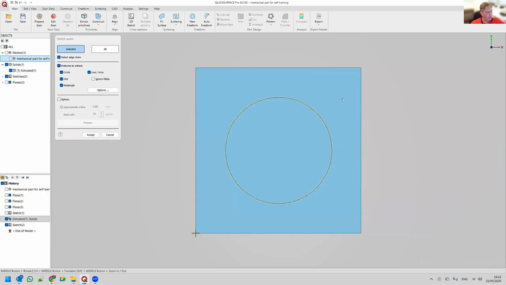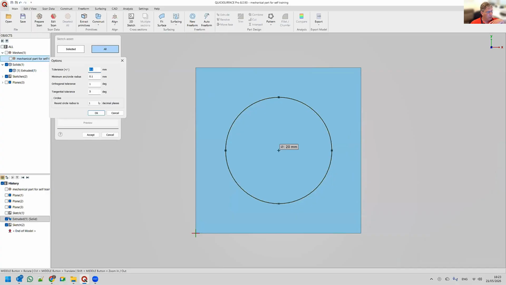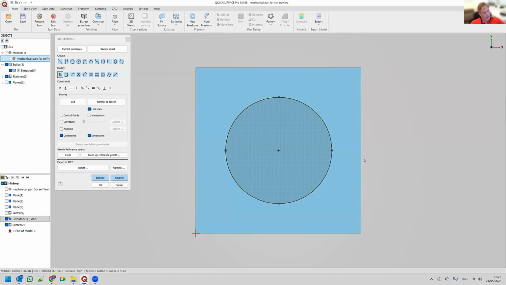We can use our sketch assistant, which can automatically detect the shapes. In this case, it just figured out that this is probably around 20 millimeters. You have some options here, how accurate this should be, and so on. That this is 19.94. I can just accept. But now, going back to the CAD industry and design intent,